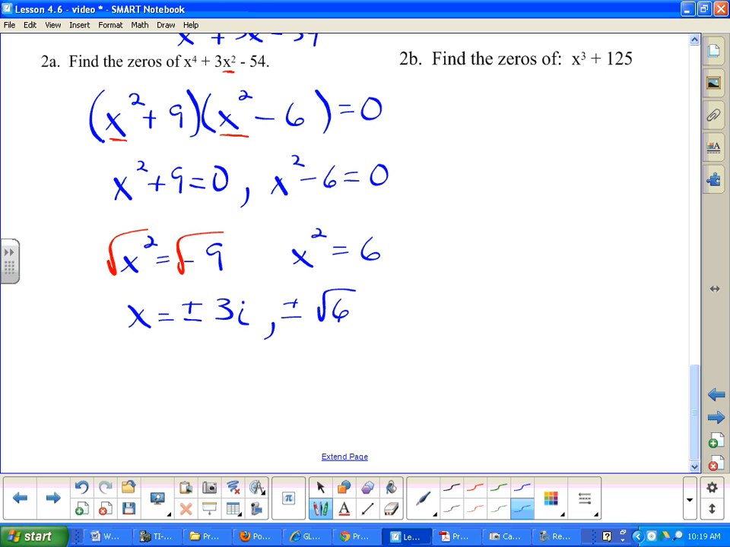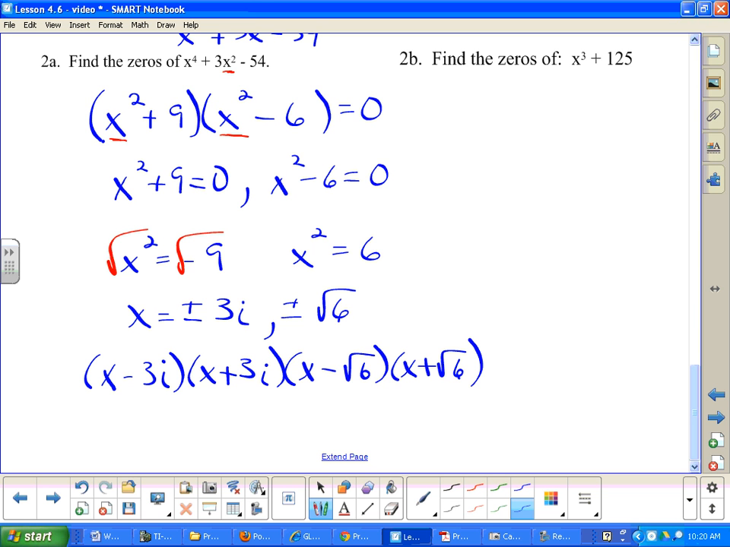So if I want to write this in factored form, I would do it just like any other ones we do with our factors. Write them as the opposite. So we get x minus 3i, x plus 3i, x minus square root of 6, and x plus square root of 6. Okay. So here are the zeros, and here I've written it as the product of linear factors. And so that would be the main part that gets you through section 1 for